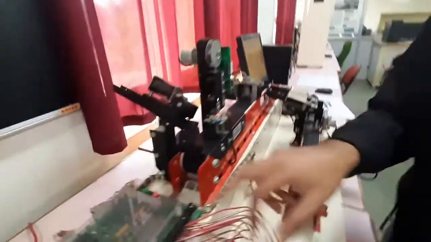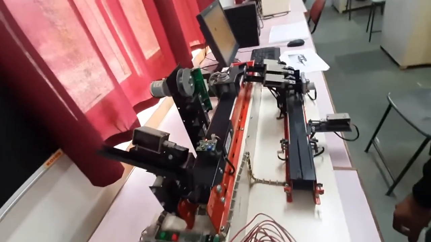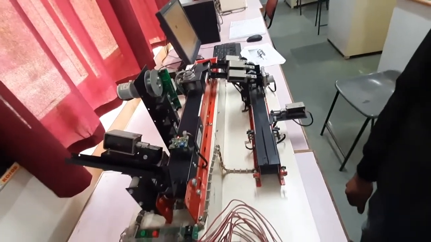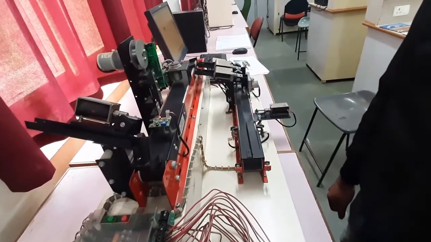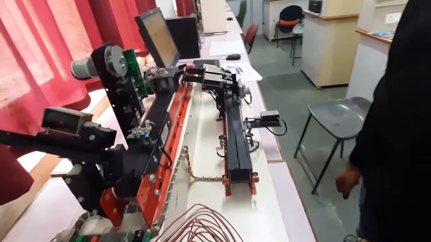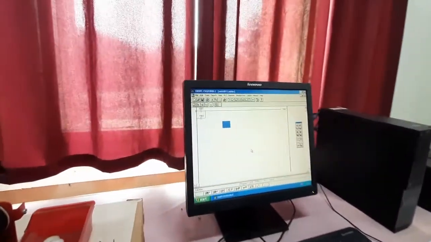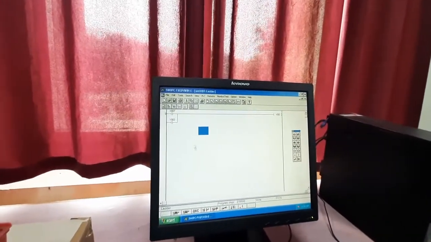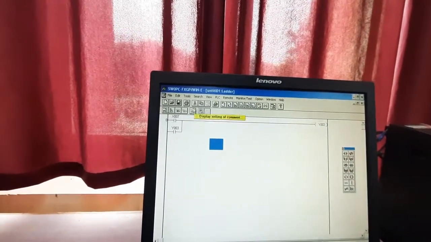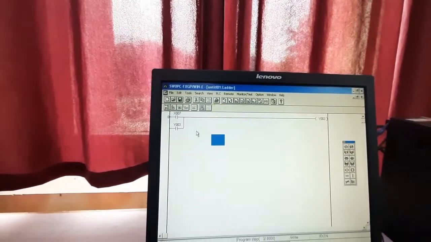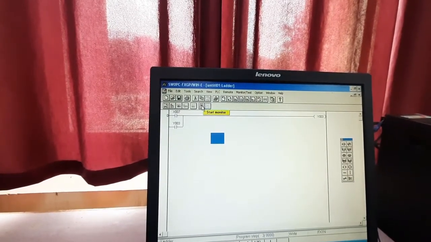Then we will switch it on. Now you can see it is running for the entire time. So this is the change. This is how you can make your operation in a different way. You can select your NC and NO switch by your control. So this is how it works. By this demonstration, you can see how these inputs and outputs are working. For online monitoring of what operation is doing, you can use the start monitoring option.